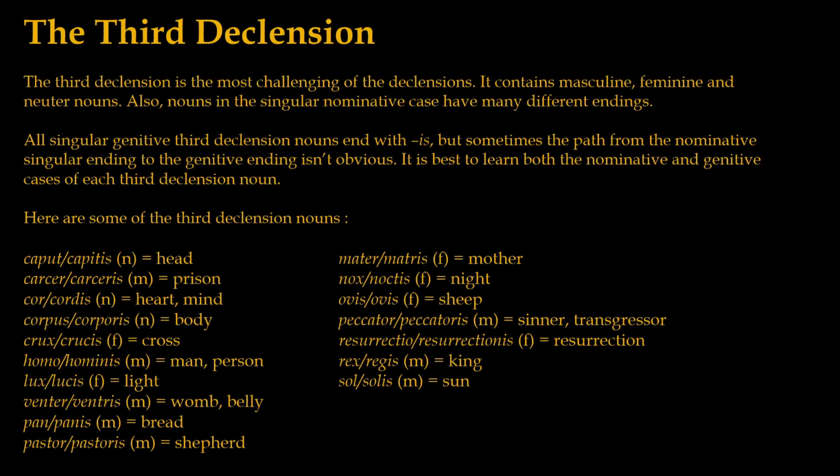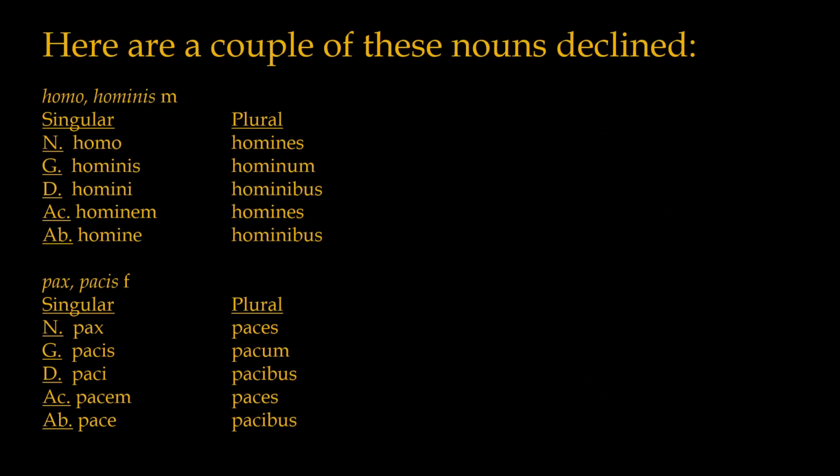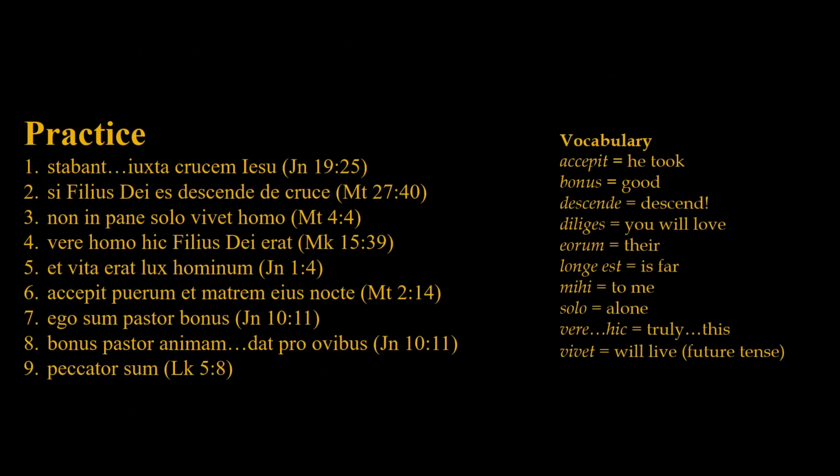Mater, top right, mater, matris, mother, we have that em ending, so I think we must be looking at the accusative case. So we have puerum, second declension accusative, matrem, third declension accusative,